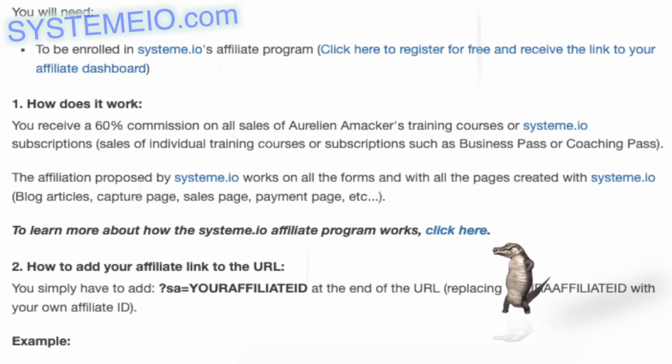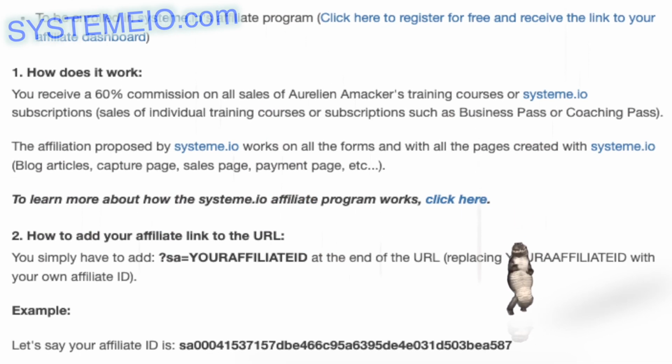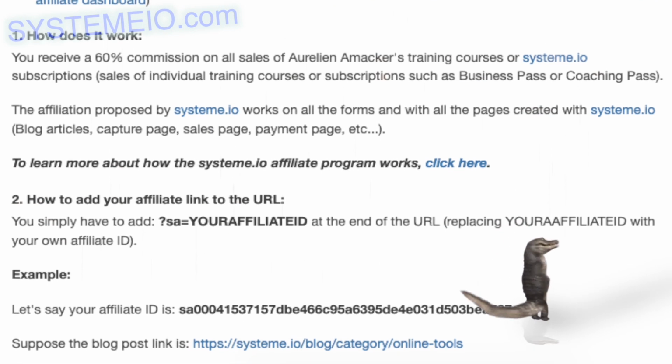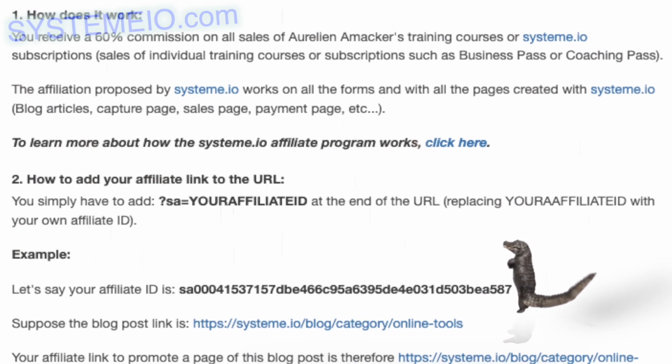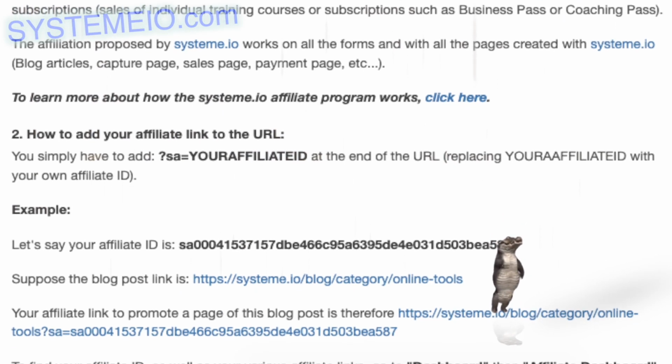Point 2. How to add your affiliate link to the URL. You simply have to add SA equals your affiliate ID at the end of the URL, replacing your affiliate ID with your own affiliate ID. Example, let's say your affiliate ID is